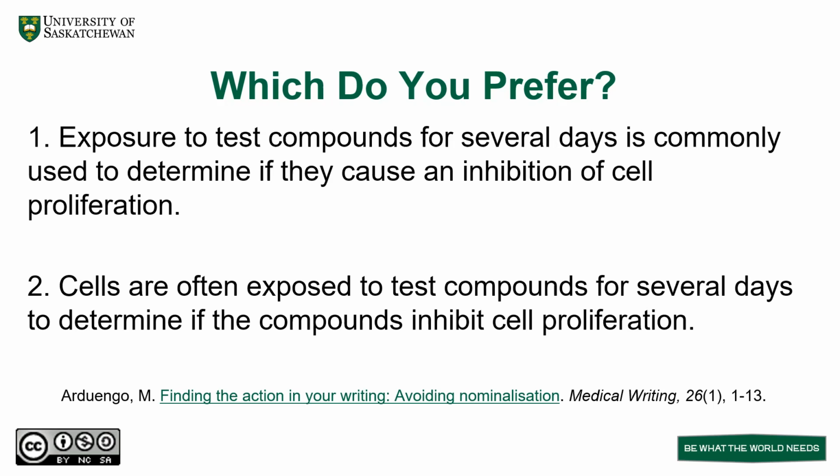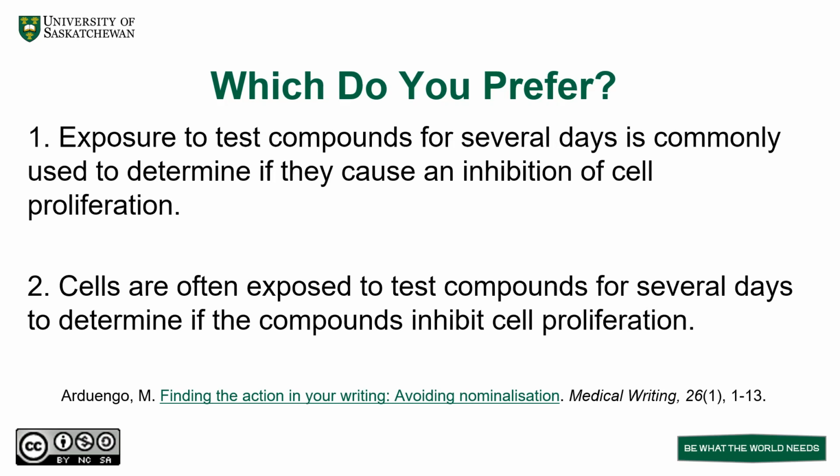All right, so I think this is our last example. So again, the same question, which do you prefer and why? Number one, exposure to test compounds for several days is commonly used to determine if they cause an inhibition of cell proliferation. Sample two, cells are often exposed to test compounds for several days to determine if the compounds inhibit cell proliferation. Which do you prefer and why? We're seeing a bit of preference emerging for the second